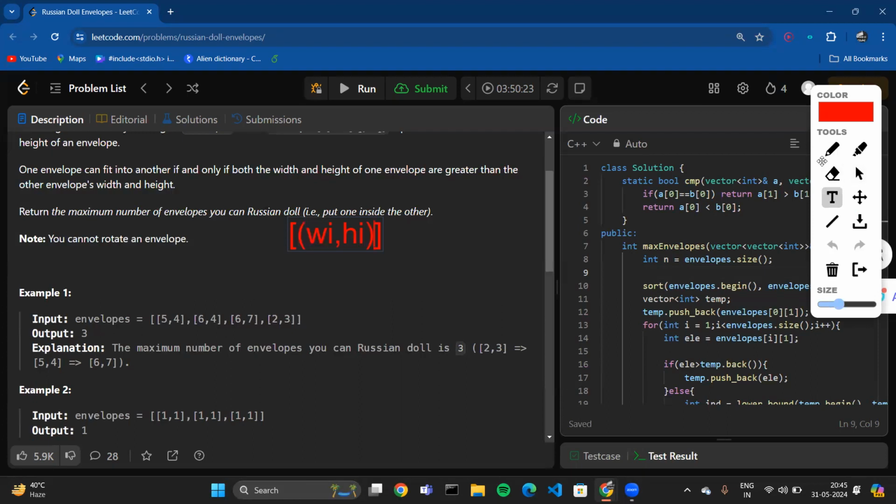So basically, what we need to find is, let us understand it by example. First of all, we need to have clarity on that. So for example, I have this envelope set. There is one envelope of width 5 and height 4, then width 6 and height 4, and so on and so forth. So let us say I take this